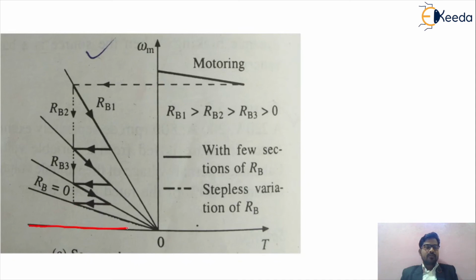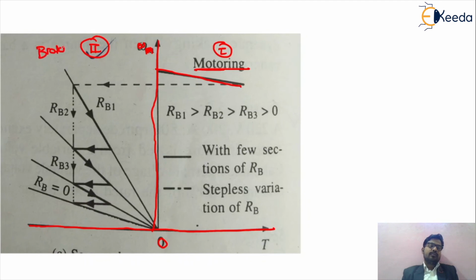This will be the representation of your torque, and this will be the representation of your speed. As we know, it is a technique which is called braking. All the operation will be done in the first quadrant, which is called motoring. This will be the separately excited motoring. But now this operation will be moved towards the second quadrant, which is called braking. We call it forward motoring, and this is called forward braking.